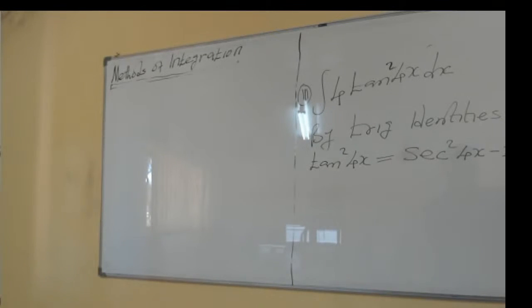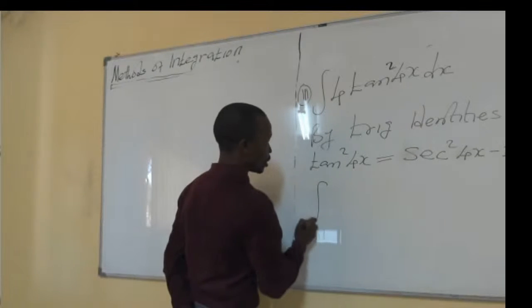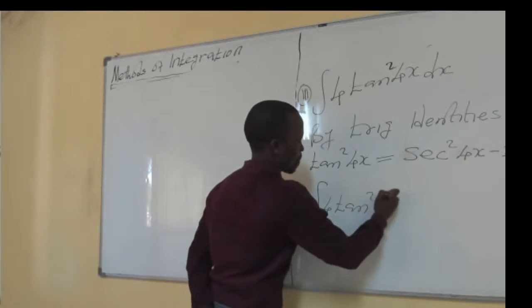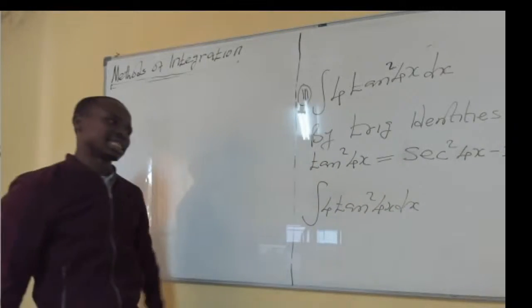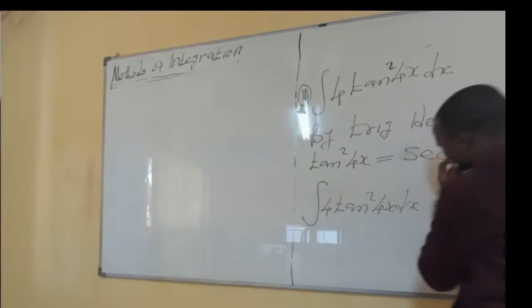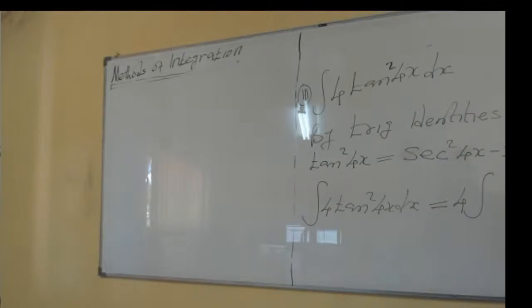Hence, if you can't recall the trigonometric identities, I can assure you are going to have challenges to solve this question. The integral of 4 times the square of the tan of 4x is equal to the same, I can put outside 4, that times the integral, where there is tan squared of 4x, we substitute by that, we can have the sec squared